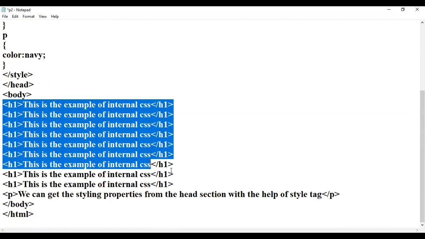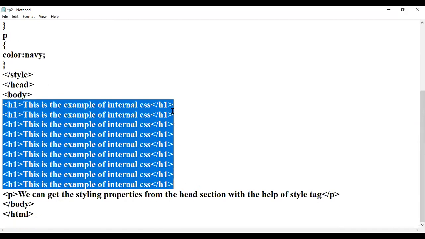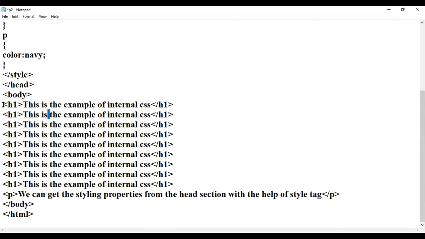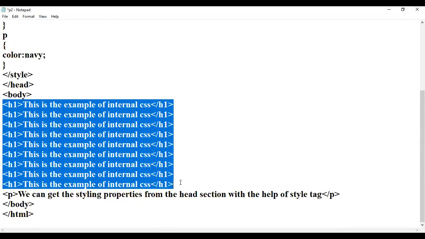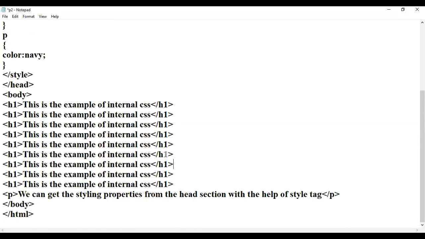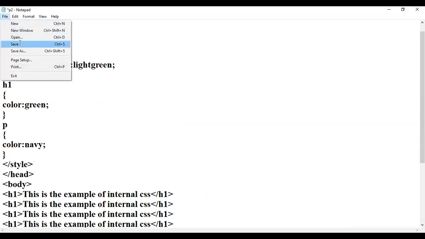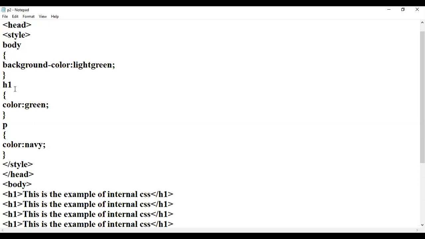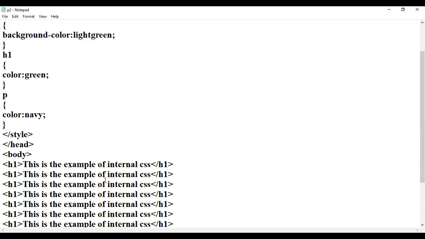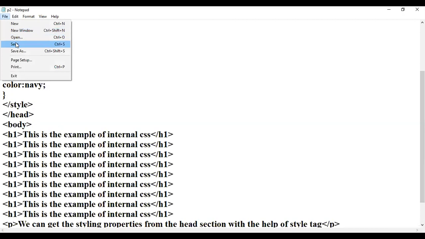Here I am not giving any coloring properties for the elements, all the elements H1, H2 up to 10 elements. So I will save this program. Then the coloring properties that I have written in the style section will apply to all the headings.